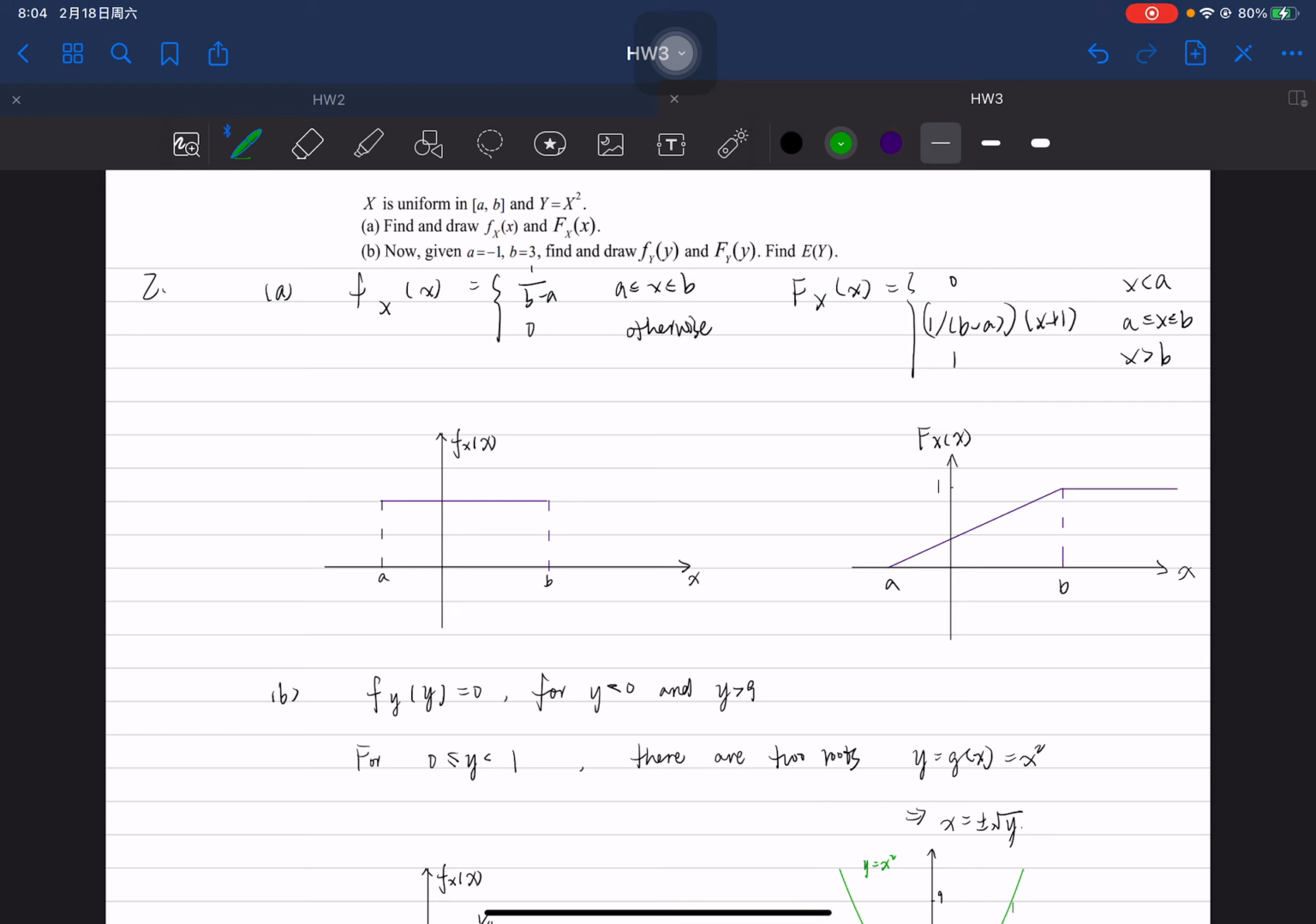The question is that X is uniform in the range of A to B, and Y equals X squared. Firstly, we need to find and draw the density function of X and the cumulative distribution function of X. Firstly, for the density function of X,